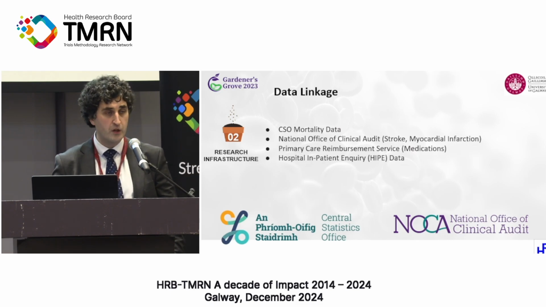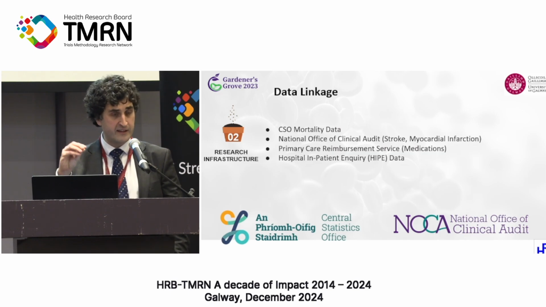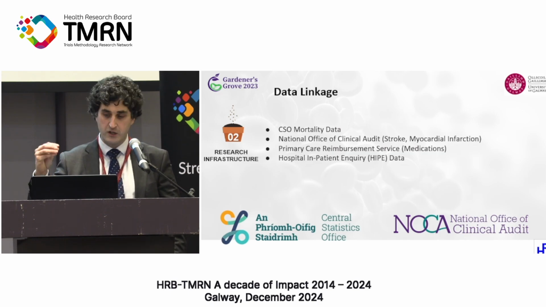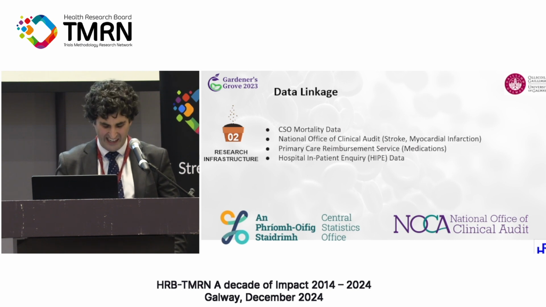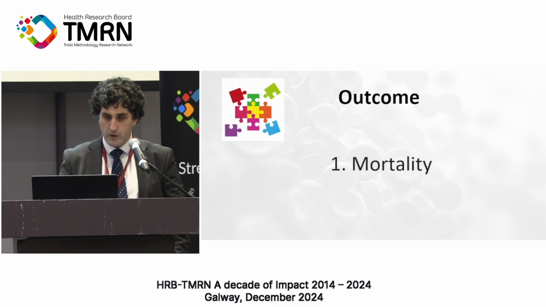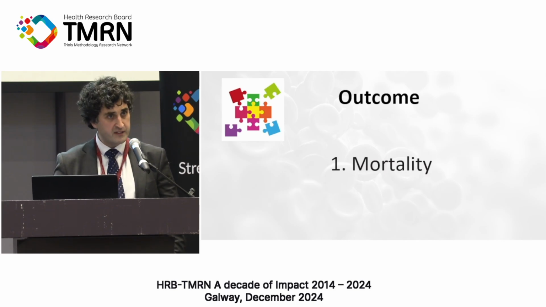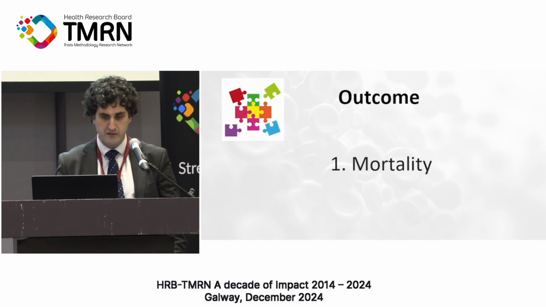If you come to hospital, your notes as you're leaving the hospital are packaged up and sent to a medical coder that says that this patient with an ICD-10 code had a stroke and had a pneumonia afterwards and had an acute kidney injury. So this would be perfect for running pragmatic trials. So over the last two years we have started to slowly build this infrastructure, and the first outcome we're going to look at is